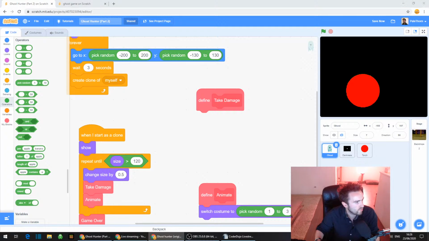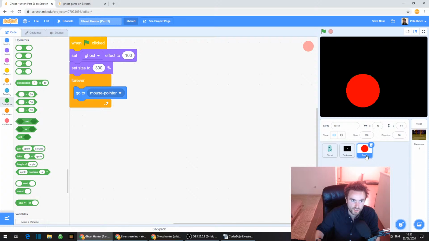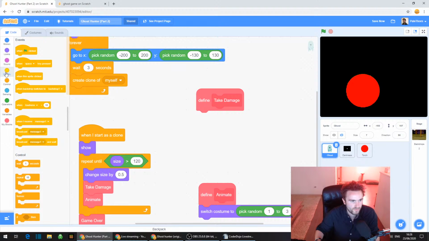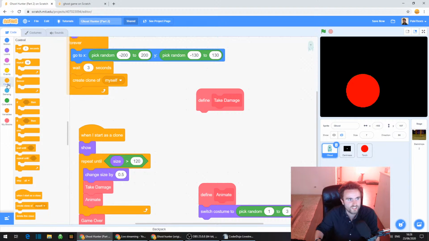To start off with, this is why I made the torch sprite. It's so that we can check to see if the ghost is touching it. So everyone go to events, not events, control, although they are next to each other and they're very similar colors.